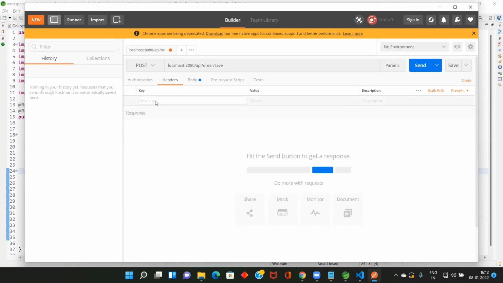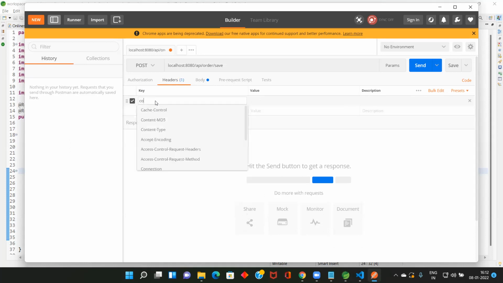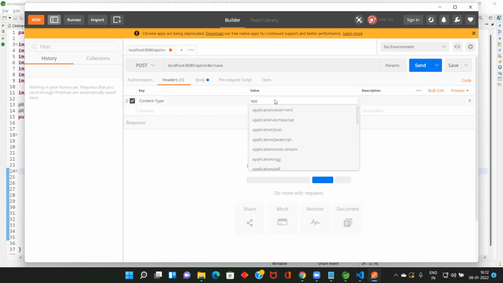It's a format, I'll explain after that. Type in Google what is content type, you will get it. So you are going to send the information to the REST as JSON format.